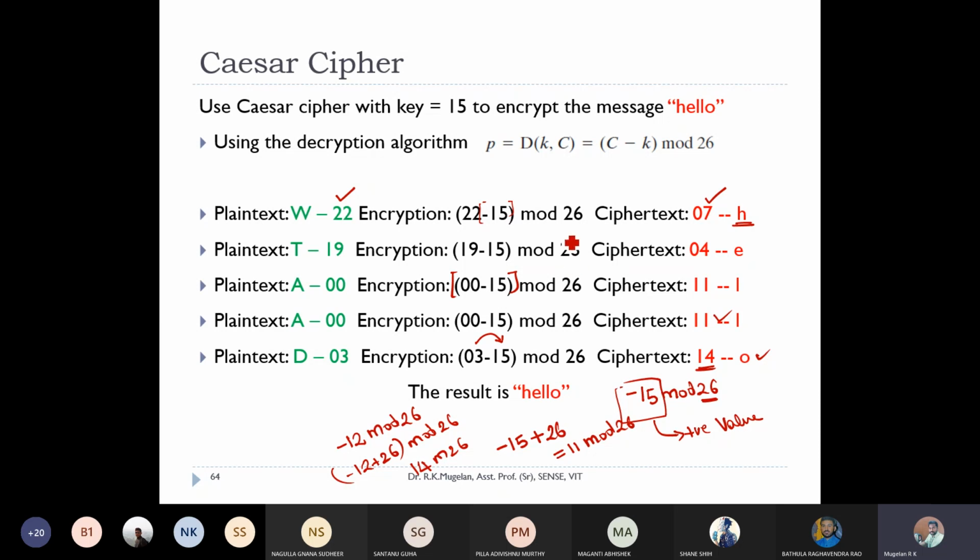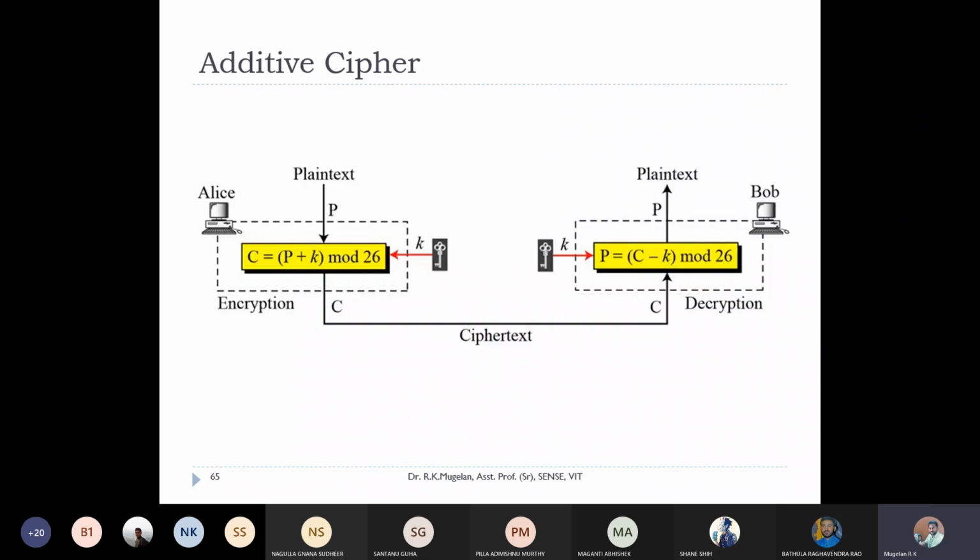We call this generalized Caesar cipher, which uses addition and subtraction, the additive cipher. This is the improved version of the Caesar cipher, where this is your encryption algorithm. Here we use simple math of addition and the modulo operation with the key K and the plain text to get the ciphertext. And we use the same key for decryption, with only a small variation in the mathematical part. Here we are adding the additive inverse,